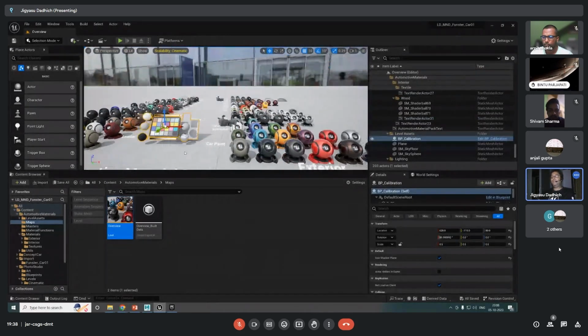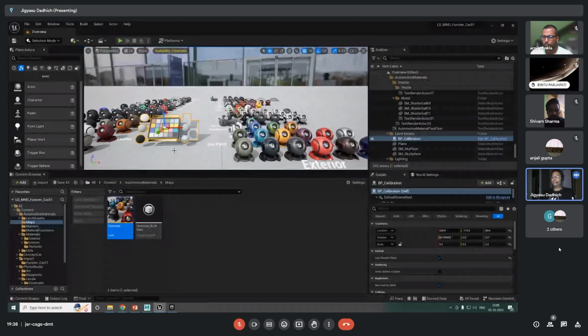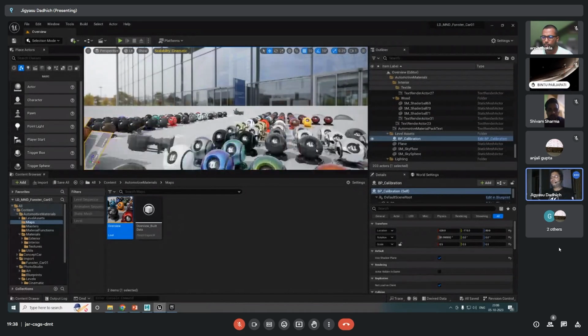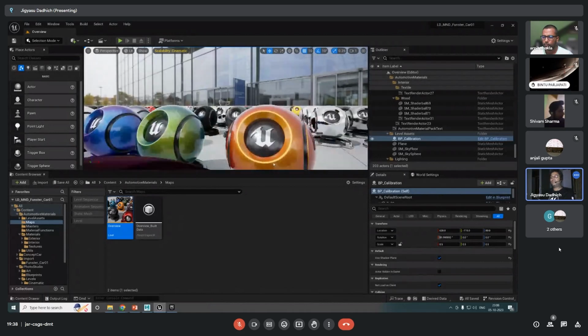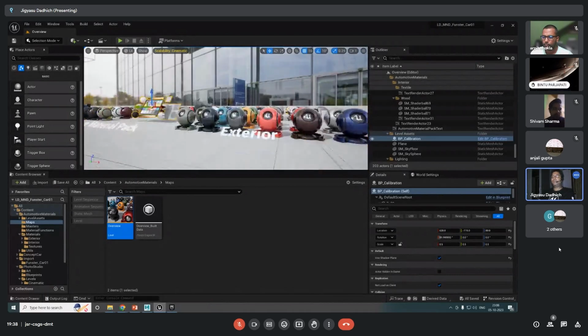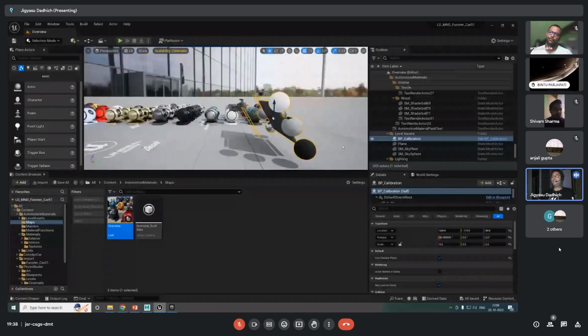In VFX we use this to color calibrate things. So you can see the materials and how they look, and an HDR is being added